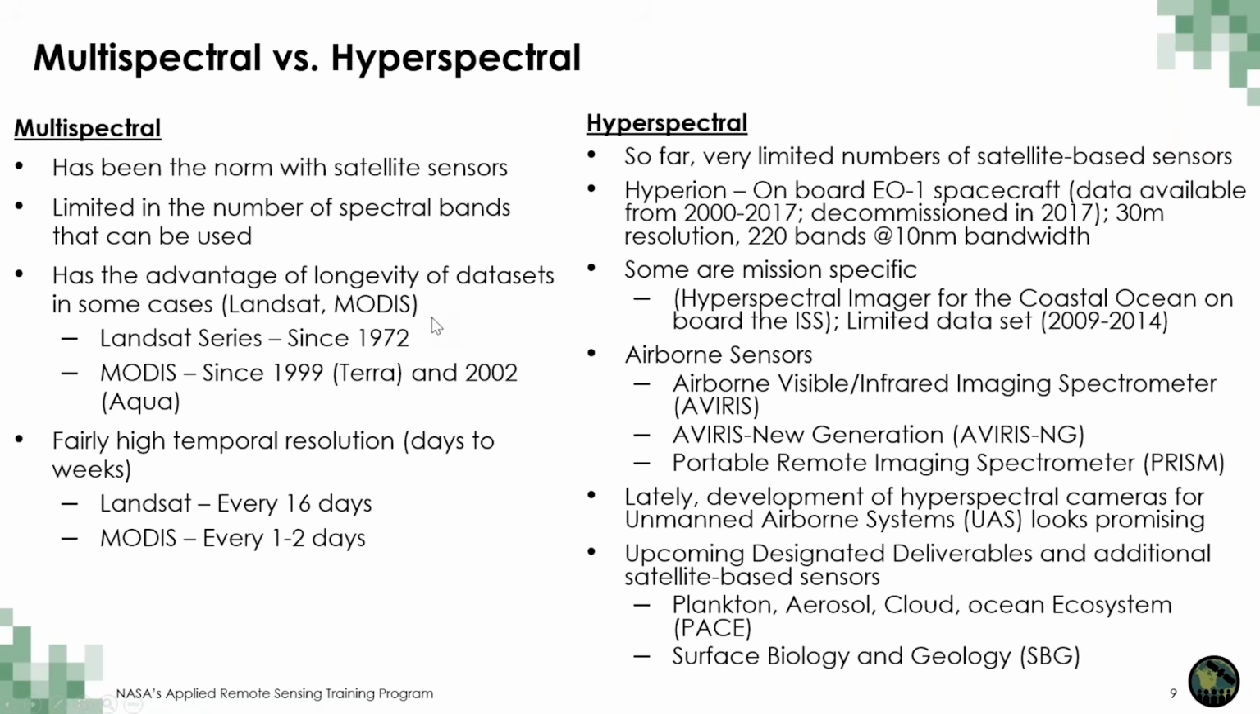When you think about the Landsat series, for instance, it's been around since about 1972. And the MODIS series, both on Aqua and Terra, they've been around since the late 1990s or early 2000s. They also have a fairly high temporal resolution, on the order of days to weeks. In the case of Landsat, it's every 16 days. In the case of MODIS, every 1 to 2 days. So there's a lot of data associated with multispectral sensors that can be used for land, coastal and ocean systems. On the other hand, for hyperspectral data, so far there is a very limited number of satellite-based sensors that are